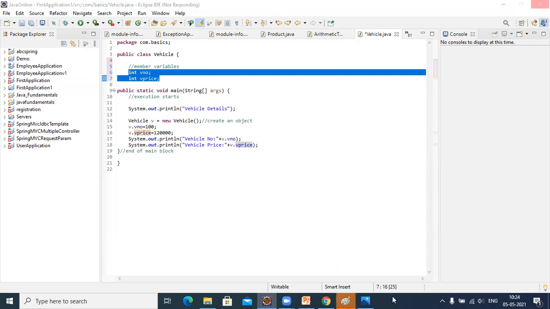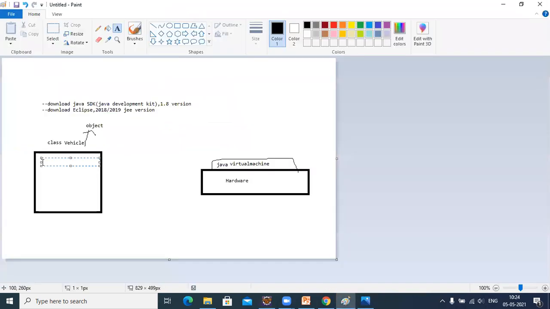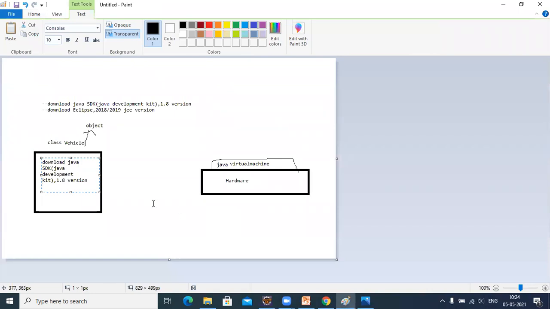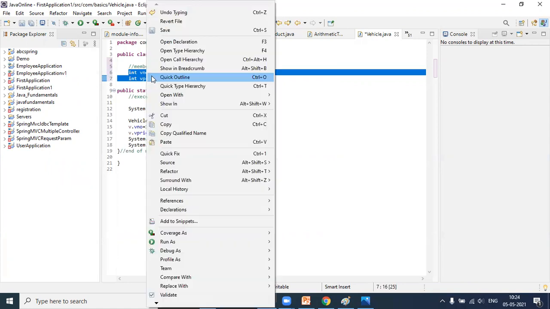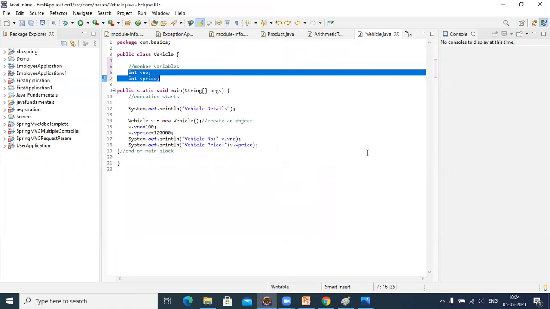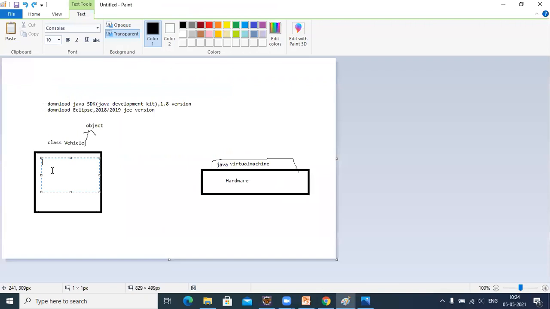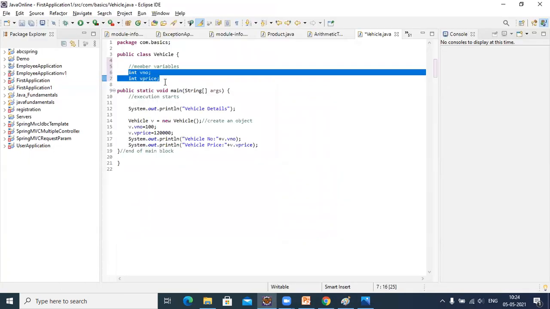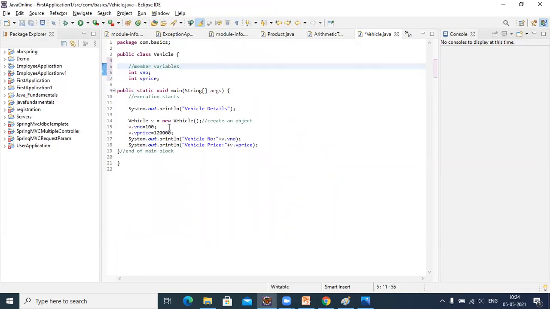So if you create a class, the class will have variables, vehicle number and vehicle price. And you want to display the price and display the vehicle number.